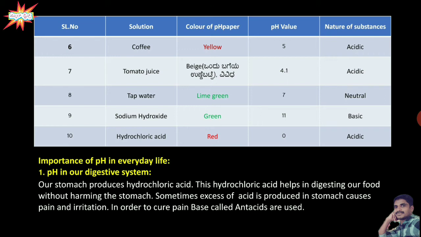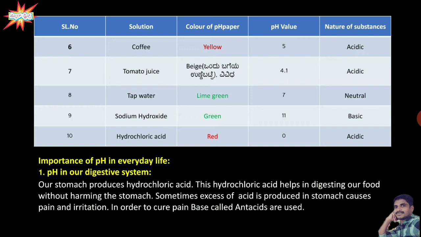If excess acid is produced in our stomach, it causes pain and irritation. In order to cure the pain, bases called antacids are used. The remedy we are using is antacids. Next,